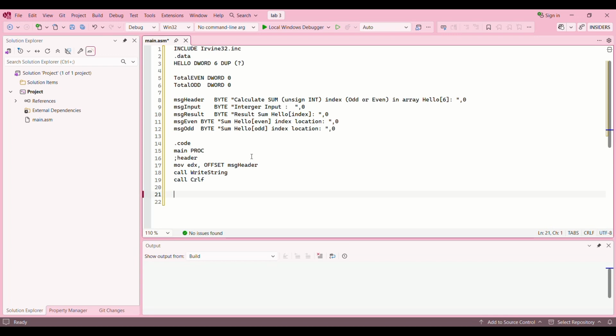Next, this is for the input loop. This is where we collect the 6 numbers. Move ECX equal to 6 because we need 6 inputs from the user. Then move ESI, so we use ESI to point to the array hello. And then for the input loop,